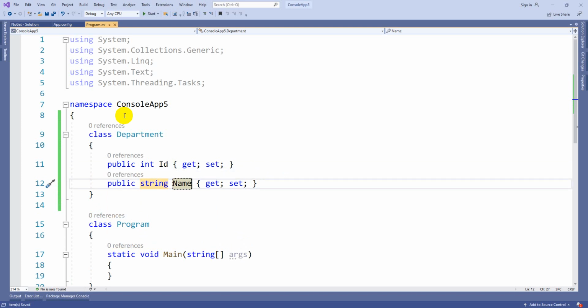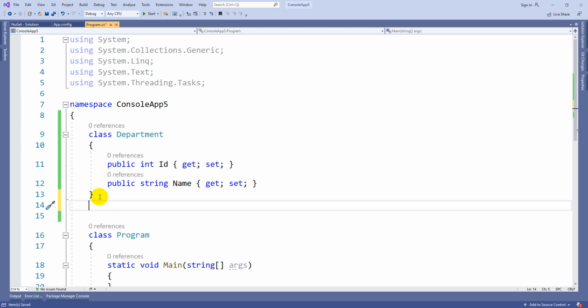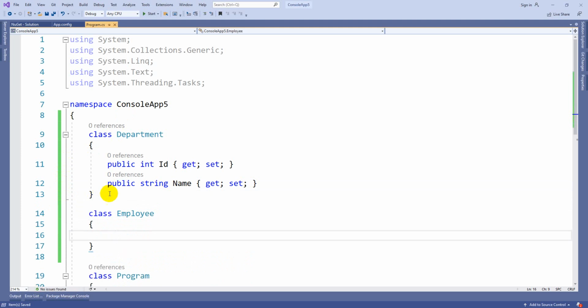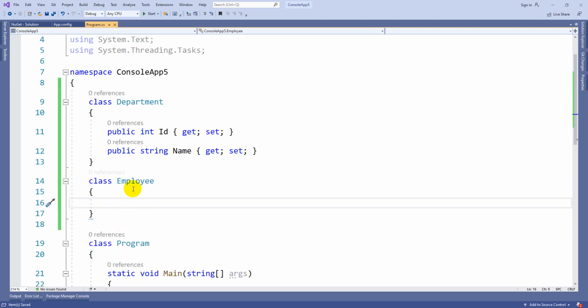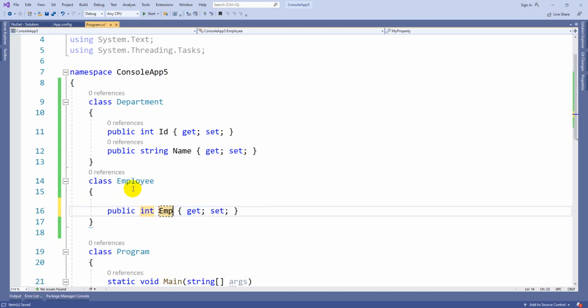So this is the first table, I mean first class. The second one I am going with is class Employee. Now in this class Employee, I am not following any naming convention, and I am not using the data annotation Key either, but still I just want to use this particular column as the primary key column.